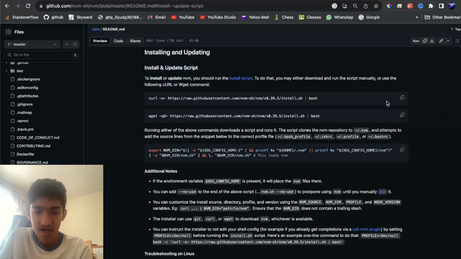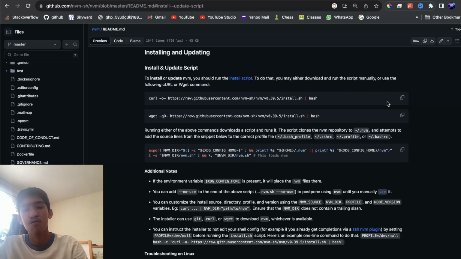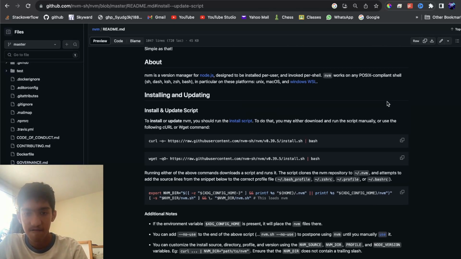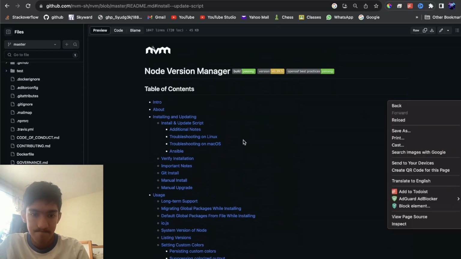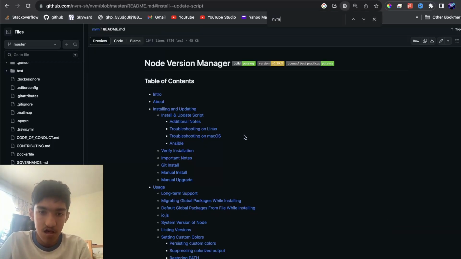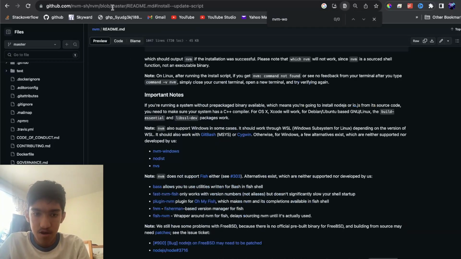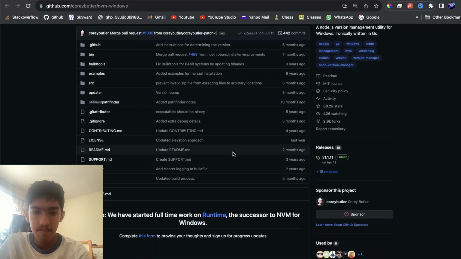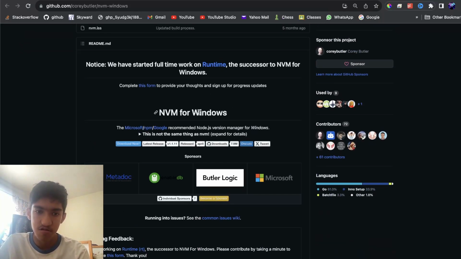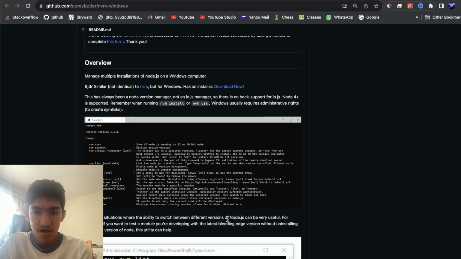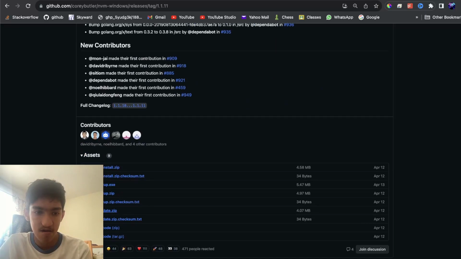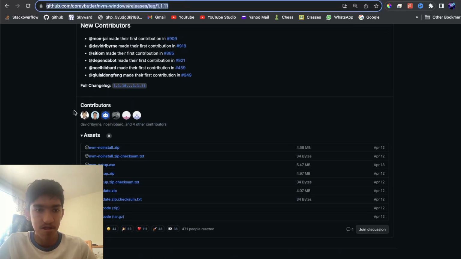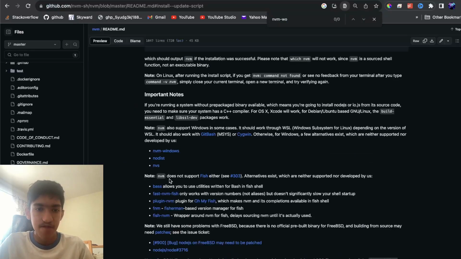Now, first thing I want to say is that this command will only work on macOS or on Linux. So if you're on Windows, you want to use something different called NVM Windows. And this is another version of NVM that you can use on Windows. Now, using this is really simple. Just go to this, and you can install it, and I'll leave the link to this also in the description as well. So anyways, back to our